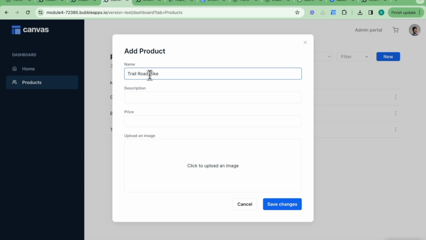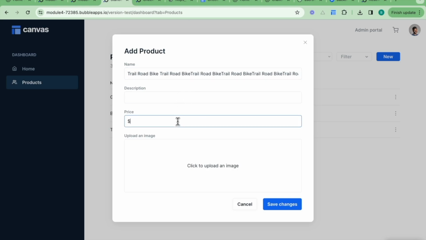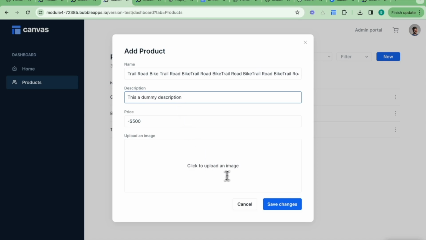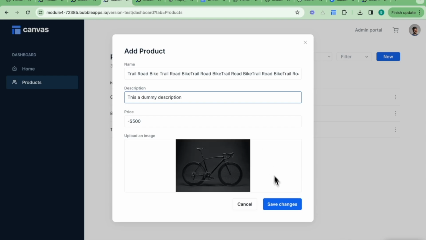So one thing that we might try is to add a really long title. So if I go like this and I just add a really long title and I see if this is saved or if an error message comes up. Another thing that might occur is I might accidentally add a negative price. So I might go 500 negative, and I don't want that either. Now I'll put a dummy description for now, and I'll also add in an image as well, and I'll click